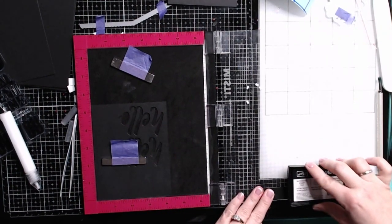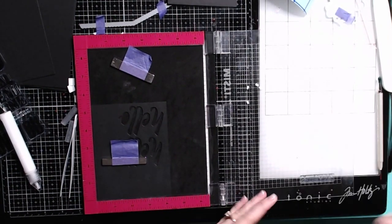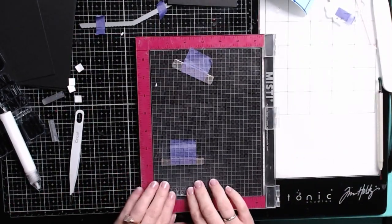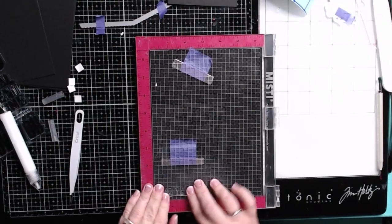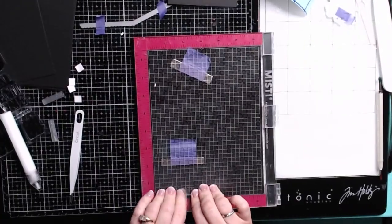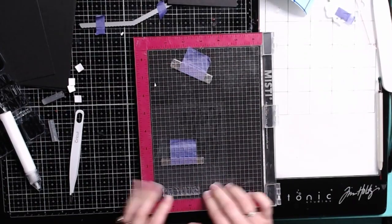So just using my MISTI to line up and get a perfect stamp. I just love using my MISTI. It was really a game changer for me. I used to waste a lot of paper not getting a perfect image stamped, and I just love the MISTI